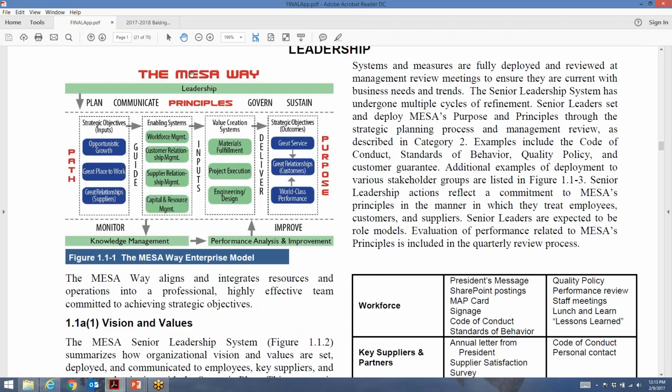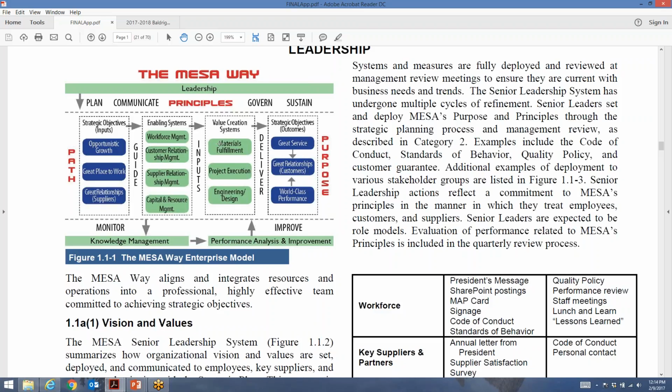Okay, starting with leadership, and let me just start with this one. This is something that we put in our 2012 application. I'm not saying you have to have this. We're going to talk about alignment and integration as part of the scoring criteria here in just a little bit. And for us, this was just, I'm going to say, a trick, for lack of a better word. This is not something that we've got up on our walls at Mesa. We certainly did for the site visit, but not something that we use.